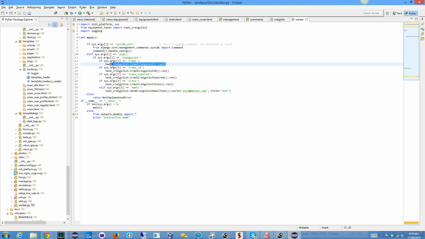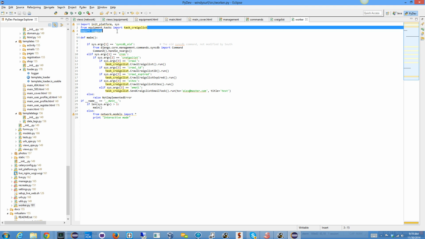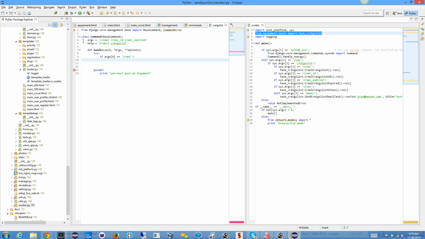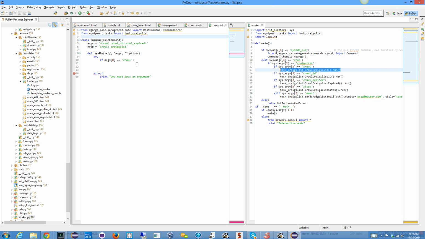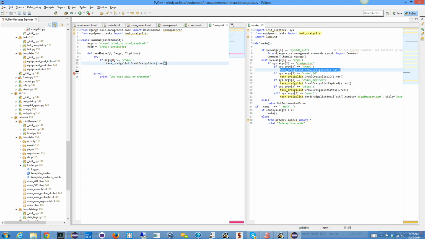This is great. All we need to do is say from equipment, let's do the import here, and all we have to do is draw the import there, and say task Craigslist.run. Awesome. Okay, very good. Let's drop this try accept thing, and instead we'll do this,